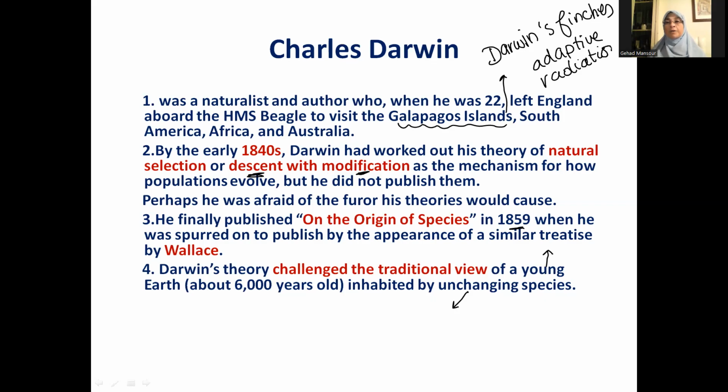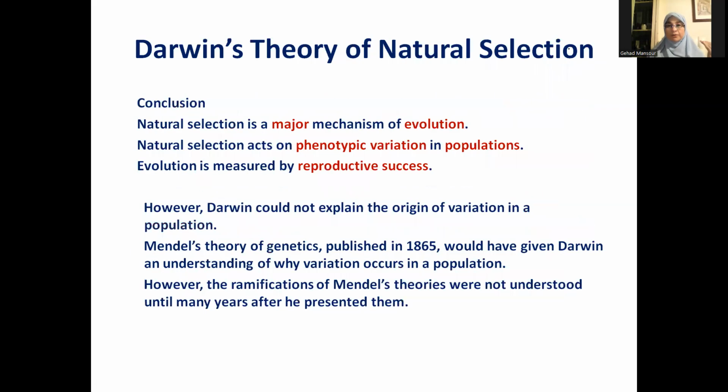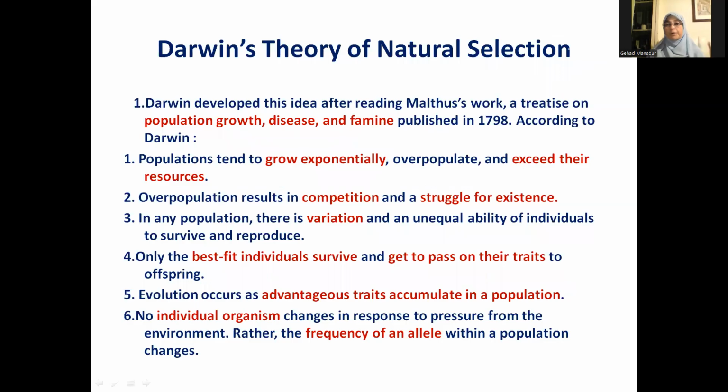He was 22 years old when he visited the Galapagos Islands. He visited South America, Africa, and Australia. And he was a naturalist, meaning that he based his work on observation of the behavior of those birds or finches in their natural environment, which is the Galapagos Islands. So Darwin's theory of natural selection is based on 6 important facts: that populations tend to grow exponentially, very rapidly,